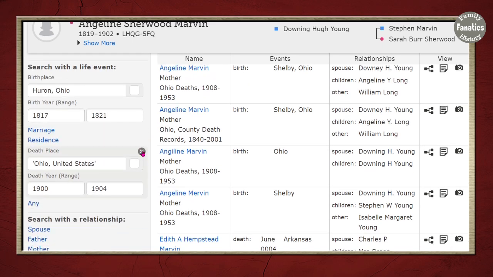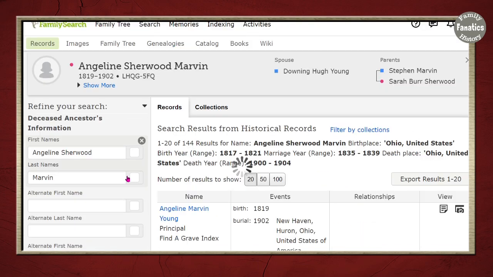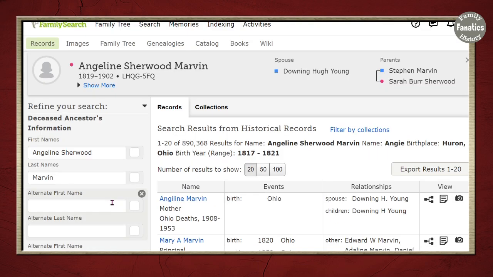And not every record is going to have all of this information. So sometimes you want to actually search with fewer details to drill down to something more specific. At some point, the search strategies are going to run out using the search form. So then the next place you want to go is actually number 3 and number 4. The first is the FamilySearch Wiki. And the fourth is the card catalog.